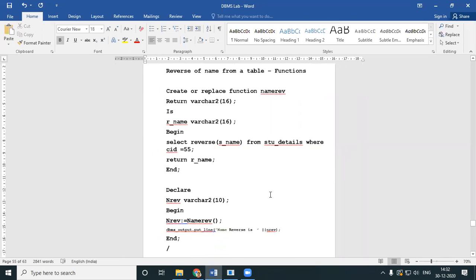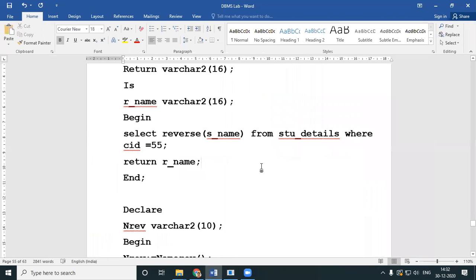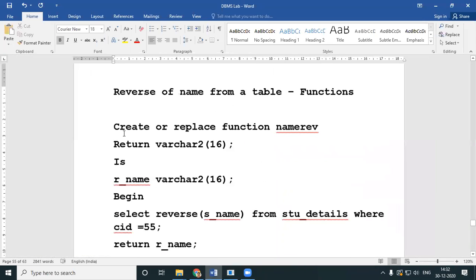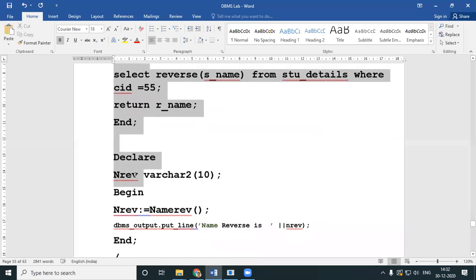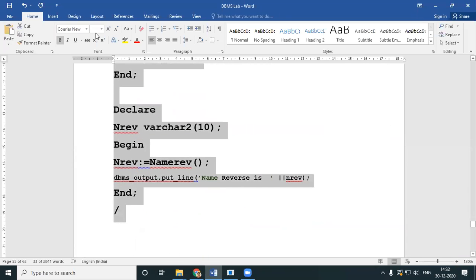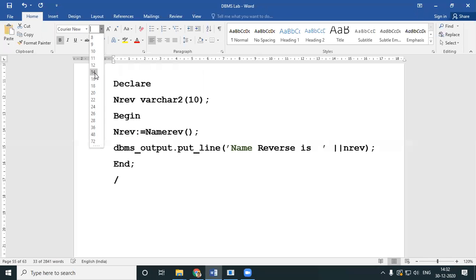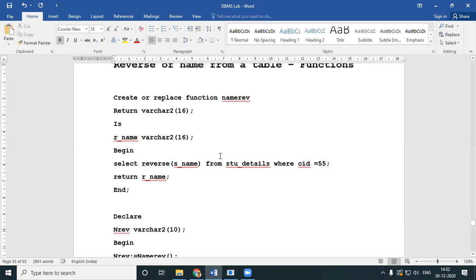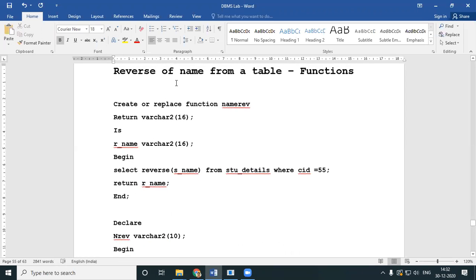Okay, so all what I've done is, I'll make it smaller so that you can see it in a single go. I have a function called name reverse. I don't have any out. I'm not taking in any in because it is a table thing.